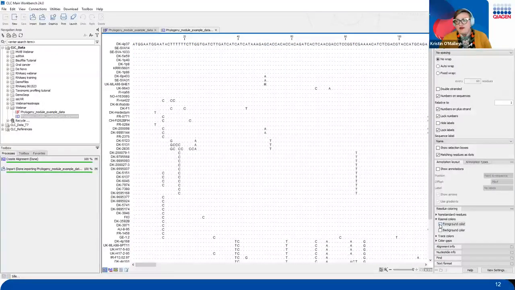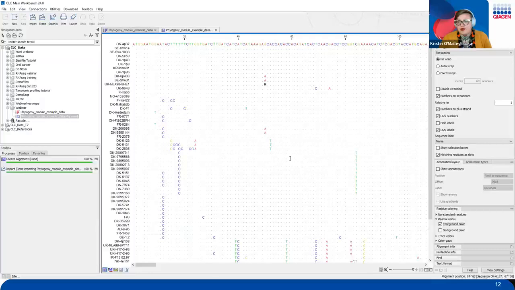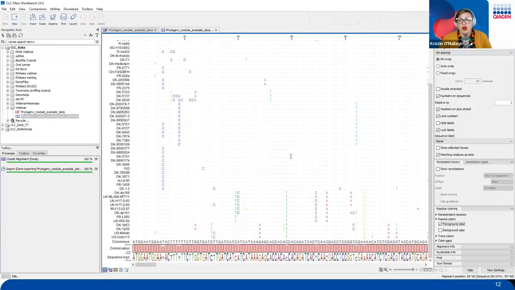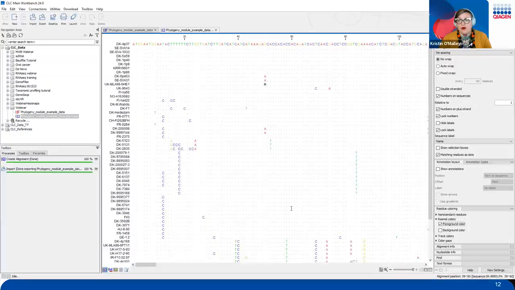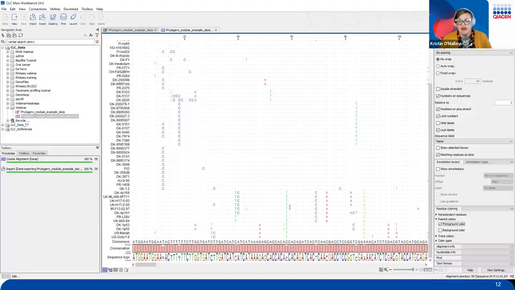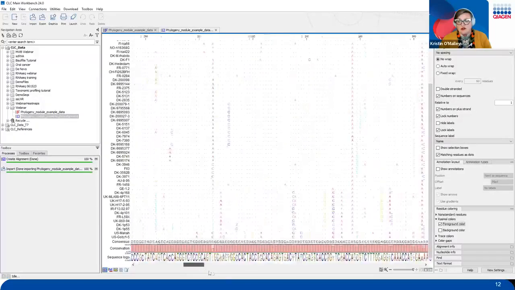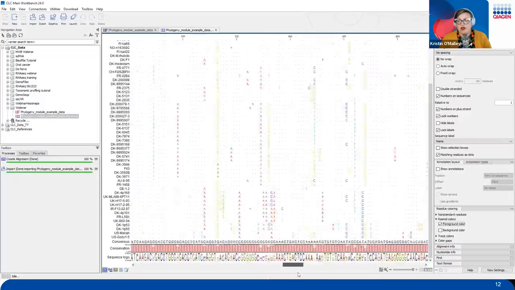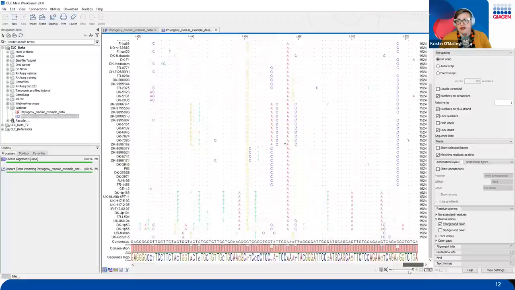If you wanted to just simply color the actual nucleotide identifiers here, feel free to change that to foreground color. So now we're able to go through and review our alignment to see where we have a lot of different differences happening, and so on and so forth. And you can scroll using this little toolbar at the bottom all across your sequence